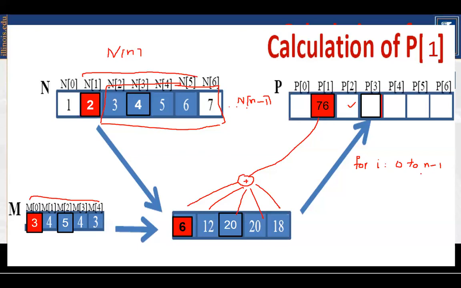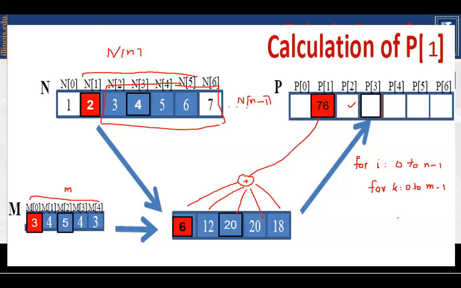And at each position, I multiply the respective elements. So I will have another for loop. Let's say I use index k for it, which will vary from 0 to the width of this mask. Let's say the width of this mask in this case is 5, so from 0 to 4. But generally, from 0 to m minus 1.